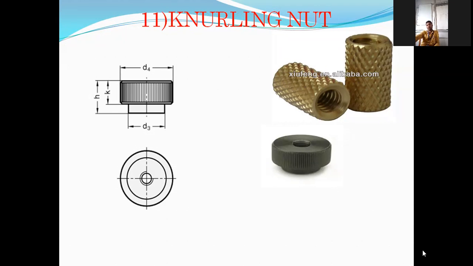So have you seen such type of nut in practice? Knurling nut. याला नट का म्हणायचं तर याला इंटरनल थ्रेडिंग आहे. दॅट्स व्हाय इट इज कॉल्ड knurling nut. But why it is called knurling? Because knurling is provided on its periphery. असं नट कुठं पाहायला आला आहे का? Have you seen somewhere such type of nut?